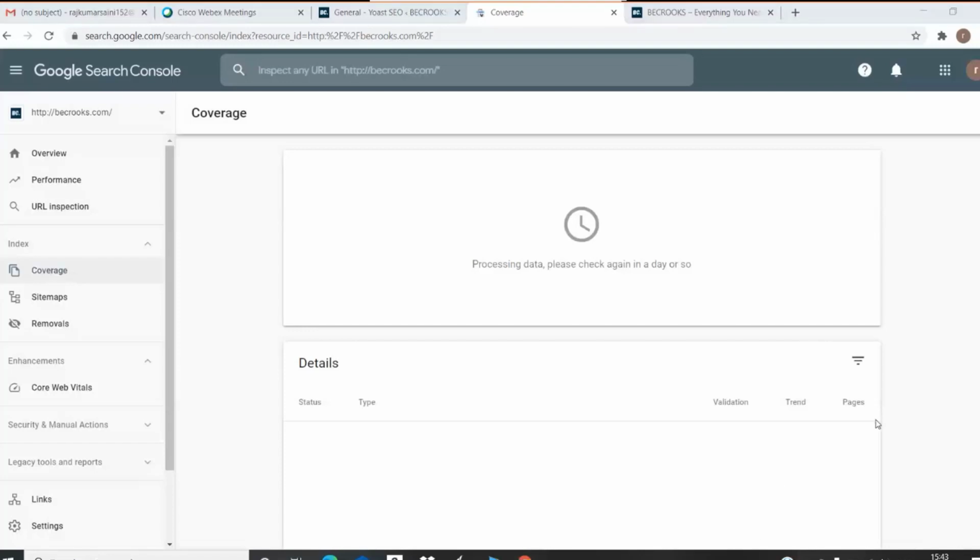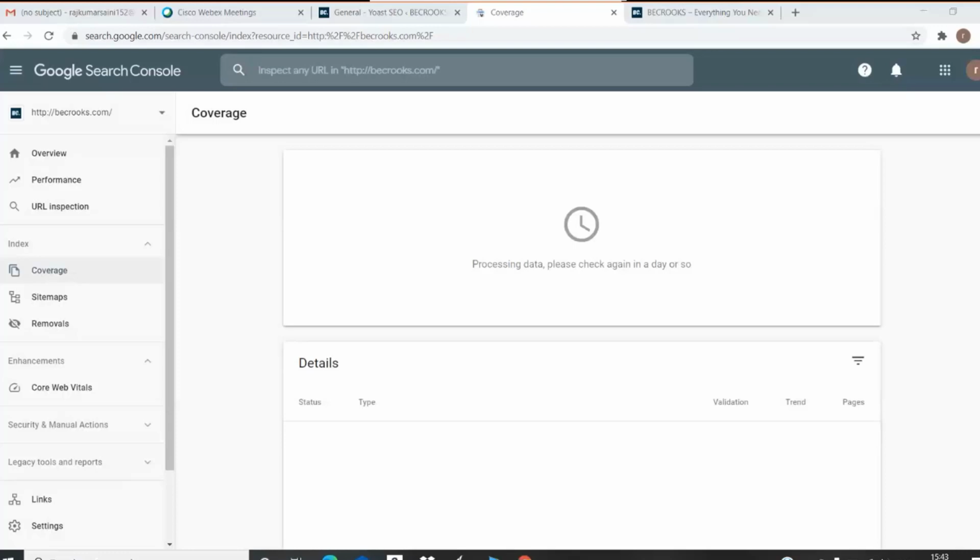Fine. So we are going to proceed further. So basically, as you can see, guys, this is going to be the dashboard, the place wherein we would get to see all the data regarding the performance of my website. How is my website performing? How many impressions are my posts or my website gaining?